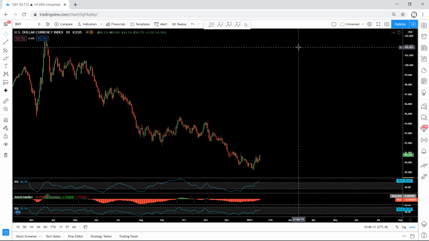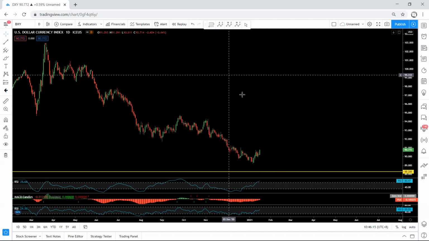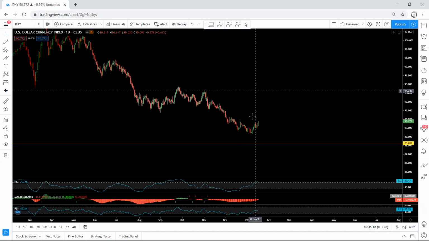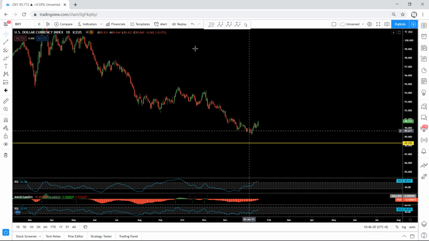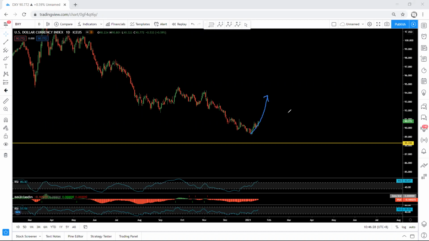Dollar index, we start with the daily chart. Based on the daily chart, if we refer back to my last videos when the price was somewhere around here, we mentioned that we are interested in the up move. That means we are looking for the buy in the long term. But now the question is whether the price from here can start to move up, or we can expect the price to break this low before we get the up move.